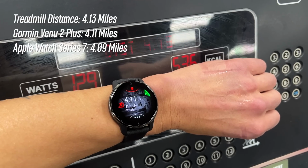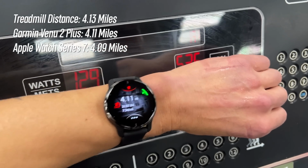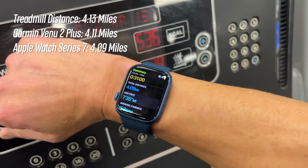Oh, and then one more thing about that run actually is that this was a treadmill run, and both of these did a great job at estimating the distance run indoors. But the Venu 2 Plus just barely edged out the Series 7,